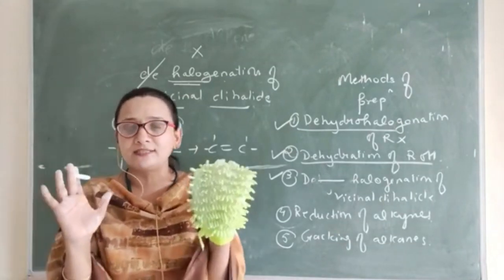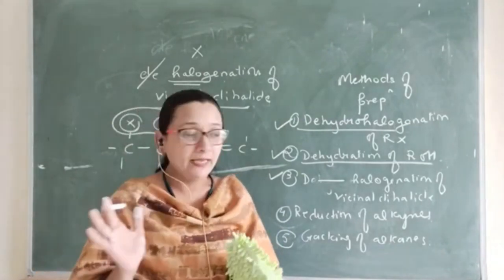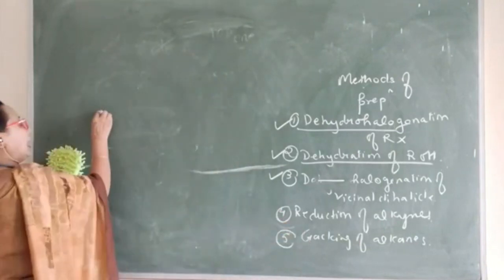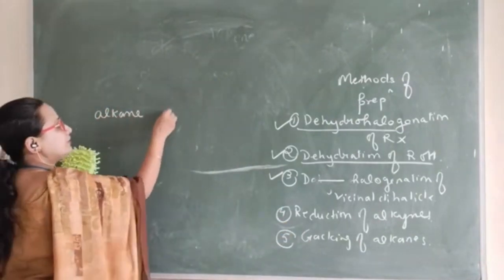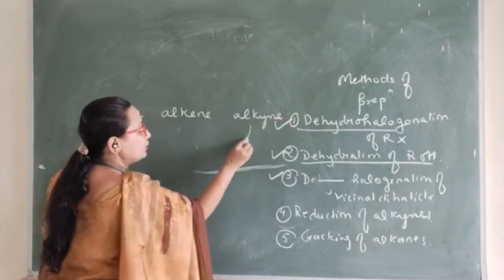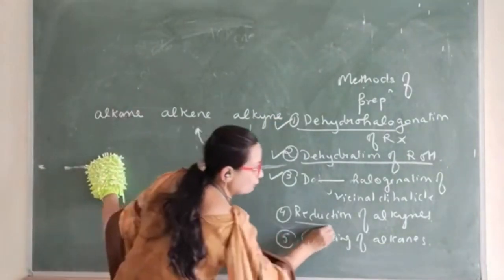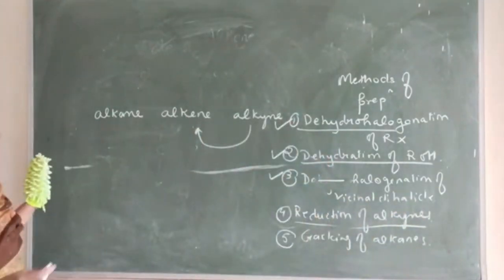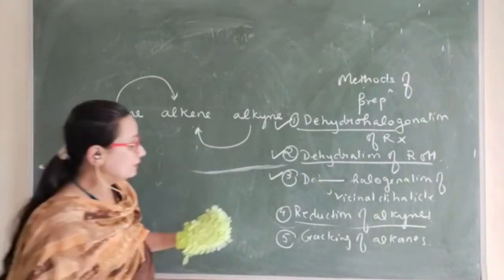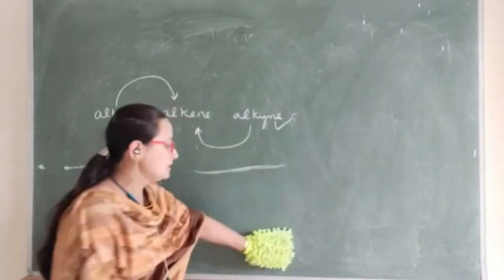अब देखिए थोड़ा सा ये समझिए कि मेजरली तो अल्कीन एलिमिनेशन रिएक्शन से ही बनता, लेकिन जब हम अल्कीन पढ़ते हैं तो हमेशा पढ़ते वक्त सी दिस इज द सीक्वेंस दैट वी फॉलो. अल्केन से वी स्टडी अल्केन फर्स्ट, देन वी स्टडी अल्कीन एंड देन वी स्टडी अल्काइन. तो एक मेथड ऑफ प्रिपरेशन जिसमें अल्काइन से वी विल कन्वर्ट इनटू अल्कीन, दैट इज रिडक्शन ऑफ अल्काइंस, एंड वन मेथड ऑफ प्रिपरेशन जिसमें वी विल कन्वर्ट अल्केन टू अल्कीन. तो लेट अस सी द फर्स्ट वन, दैट इज हाउ बाय रिडक्शन ऑफ अल्काइन वी आर गोइंग टू सिंथेसाइज alkene,